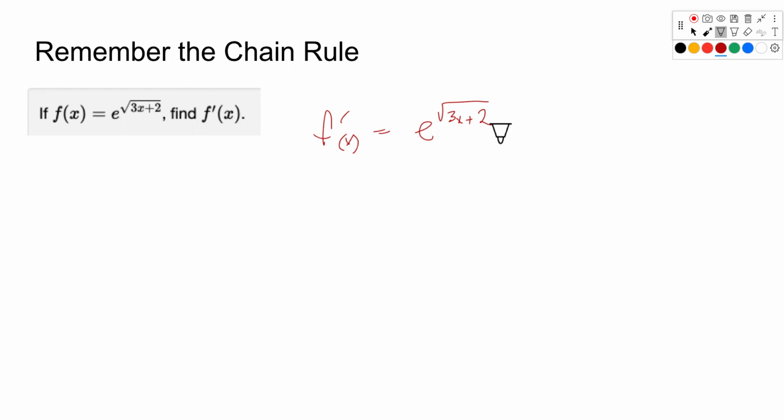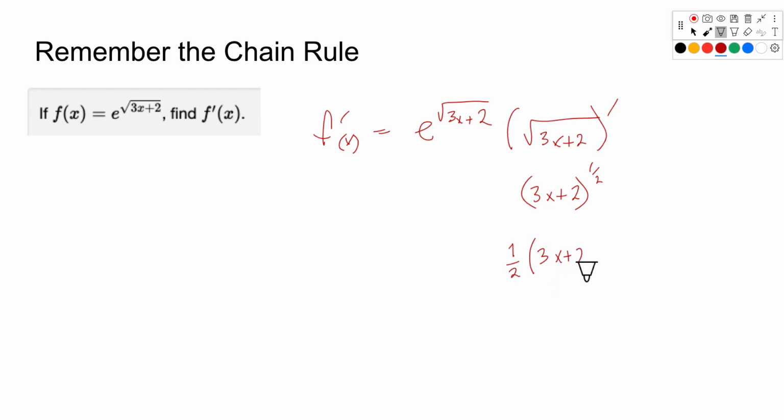The only thing we have to do now, and I'll emphasize it, is get the derivative of the exponent, 3x plus 2, right? We got to take that derivative. And so then we see this is a square root, so that's a 1/2 power. I'll just kind of do my work this way. So we're going to take its derivative, and so there's actually a chain rule within a chain rule here, right? Because the outside function is going to be 1/2. And notice this is down on the main line. This is not up in the exponent anymore. This is 1/2,